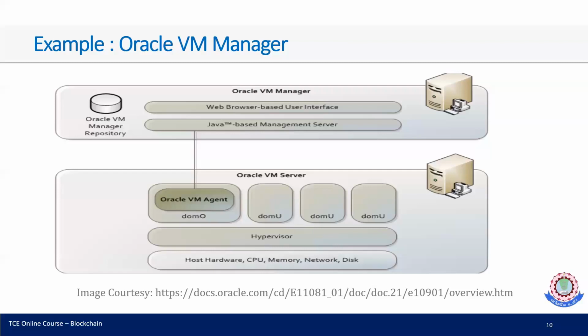The next is VM server function. The primary function of the VM server is to run all the VMs, thus acting as a hypervisor. The next is VM agent. VM agent is set up on the virtual machine server to establish communication between repository, utility servers, and virtual machine servers. There can be one or more virtual machine servers in the repository. When there are several virtual machine servers, the server pool master chooses the VM with the maximum resource available to start and run. Agent is installed on the server.